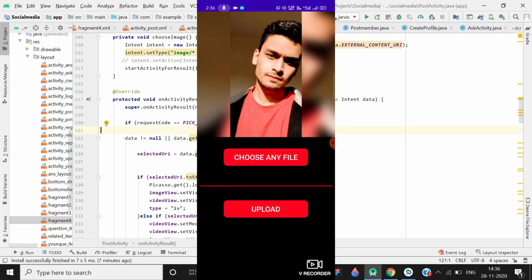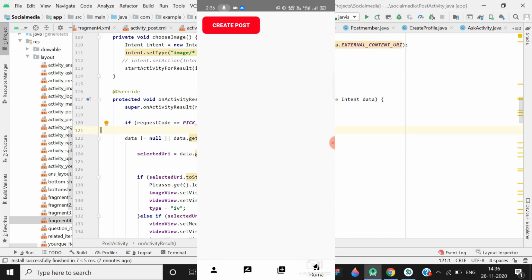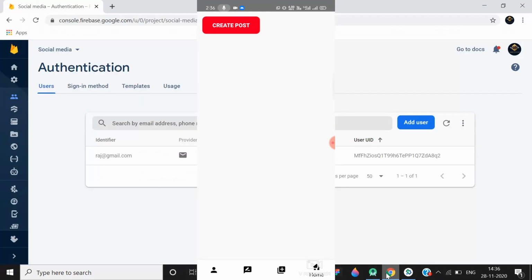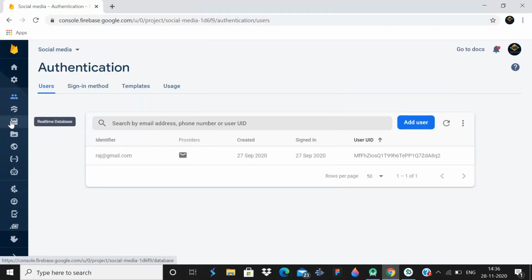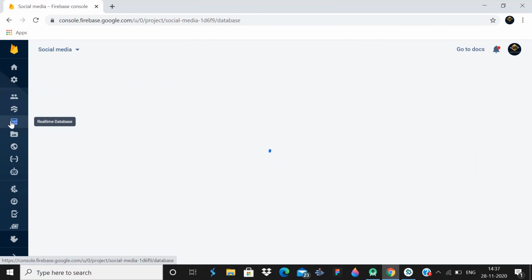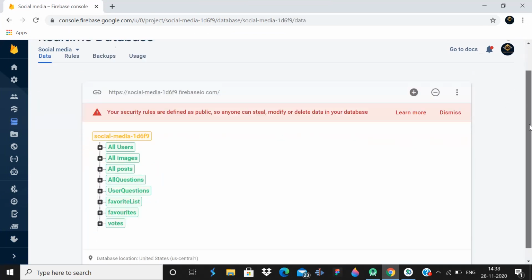And we also have not checked the progress bar. So now the image is uploaded, and you can see the toast message, post uploaded. And now I will open this real-time database here, you have to open this real-time database, and then here guys, you can see that